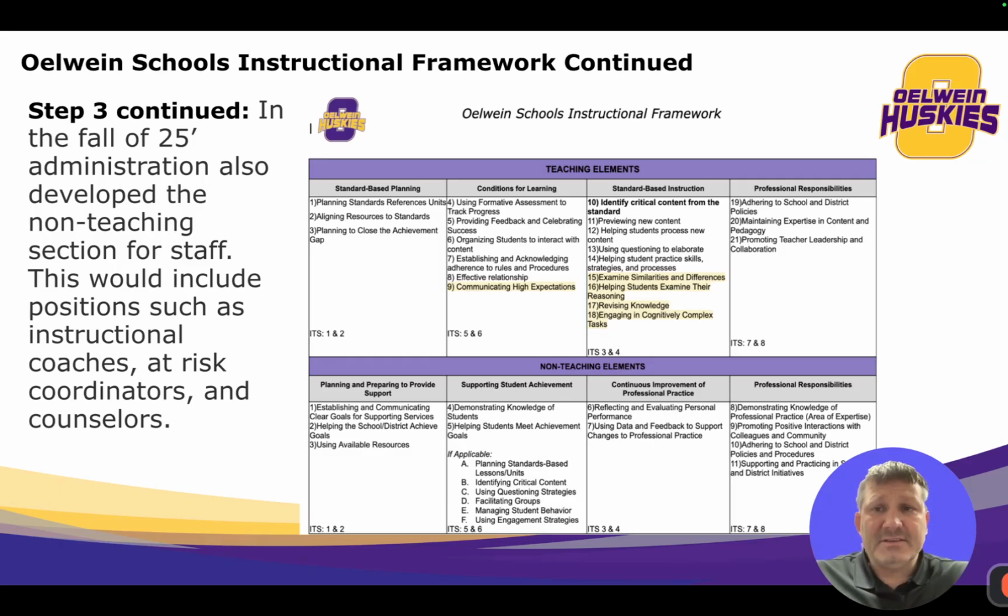So this past fall in 2025, administration also saw the need to develop the non-teaching section for staff. We have staff that are working in our buildings: myself as a success coach, and then we have instructional coaches as well. We have our guidance counselors. We have our at-risk coordinators. We have a few other positions like our librarians. So this bottom part here was developed for them